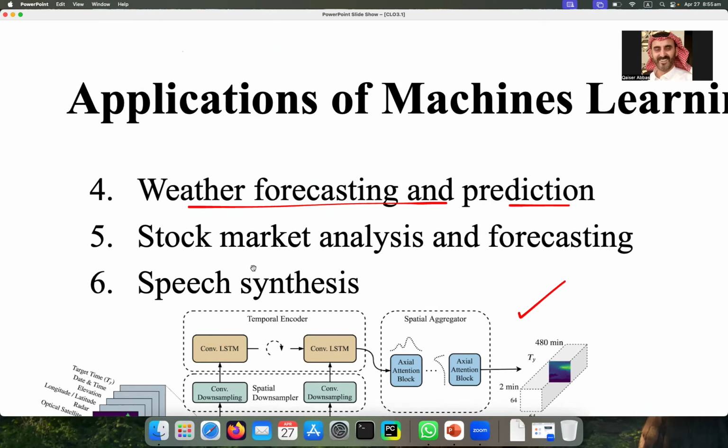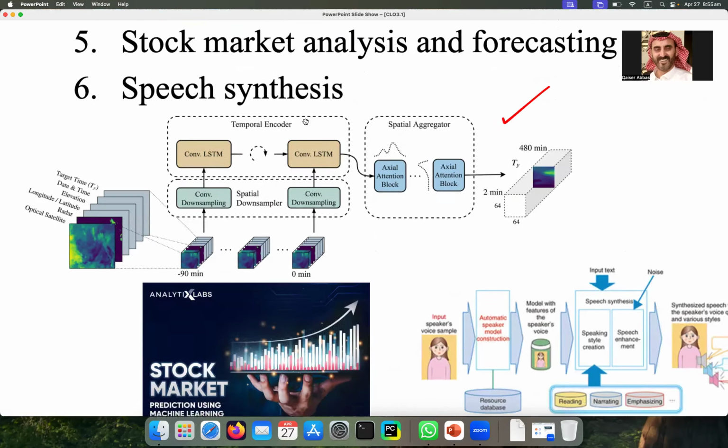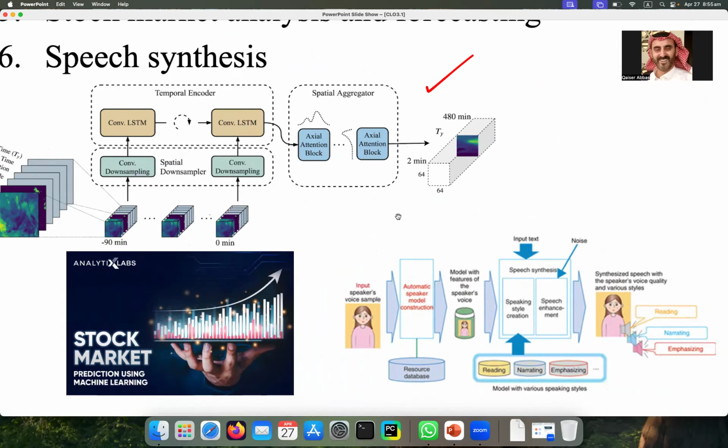Similarly, we can analyze the stock market, and then we can predict that in the next week or in upcoming days, the stock market is going to fall or going to rise, something like that. Similarly, you can do speech synthesis. What is speech synthesis?